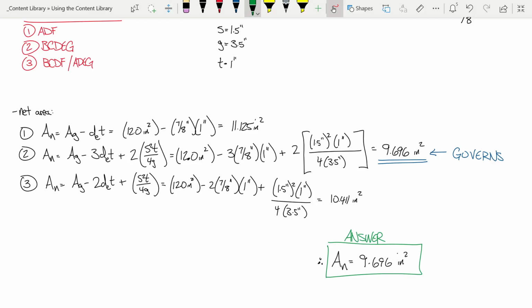What do you think? Yes, sir. So I guess what I need to ask is, in this case, the stagger factor seemed like it had a much smaller role on the overall area. Is that true in general, or is that something that, like in the case on the board, is not really true? That's a great question, and the way I would answer it is the stagger factor is a function of